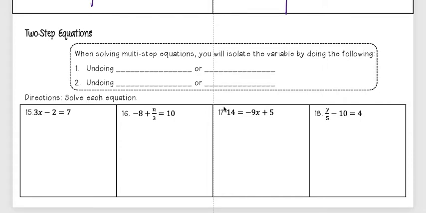In this next video, we are going to be looking at two-step equations. So we just did one step, now we're just going to add another one. So when solving multi-step equations, you will isolate the variable by doing the following, and you want to do it